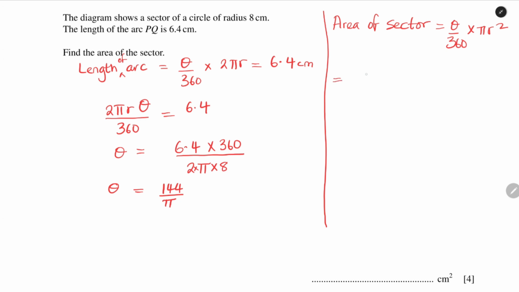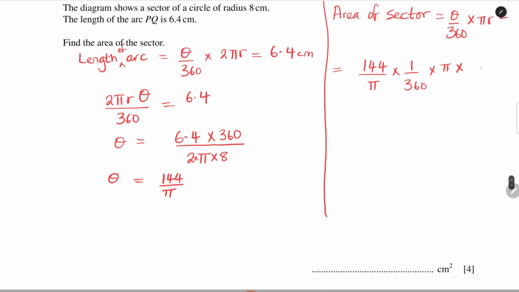So it's going to be 144 over pi times 1 over 360 times pi times r squared. It's the same radius, so that's going to be 8 squared. All right. This pi is going to cancel this pi. So we are left with